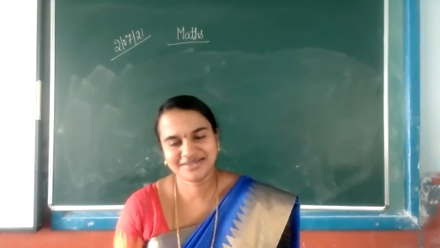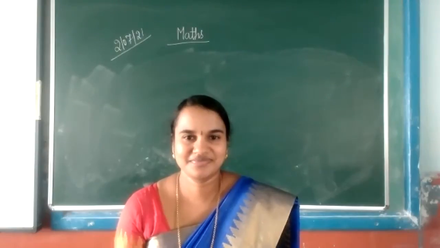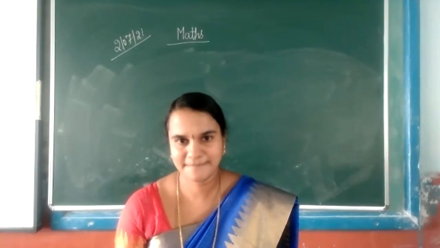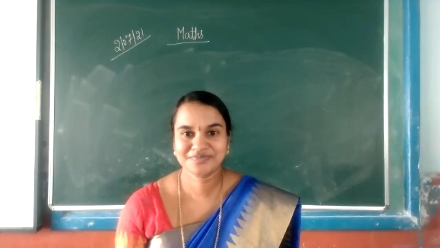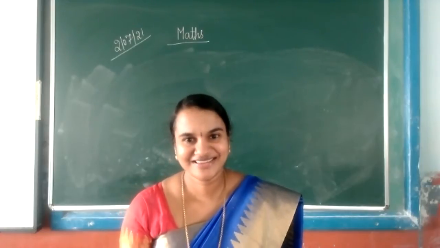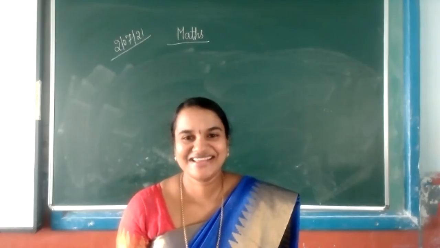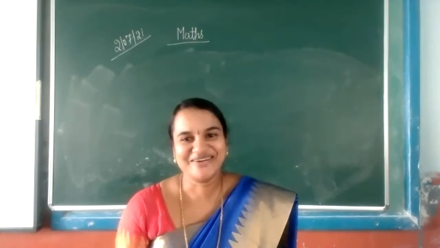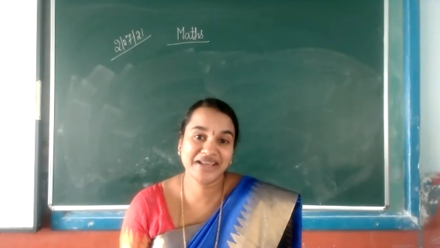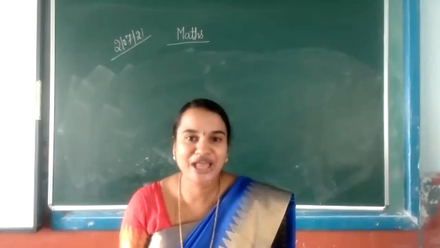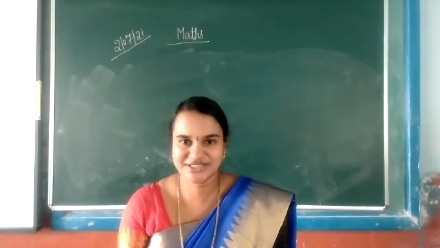Ma'am, we understood what are variables and constants. Variables are those which are written in letter form like A, B, C, D, M, N, O, P, Z, etc. And constants are those which have a definite value, like 1, 2, 3, 4. Which have a fixed value, that is the correct sentence. Which have the fixed value, that we will call a constant.